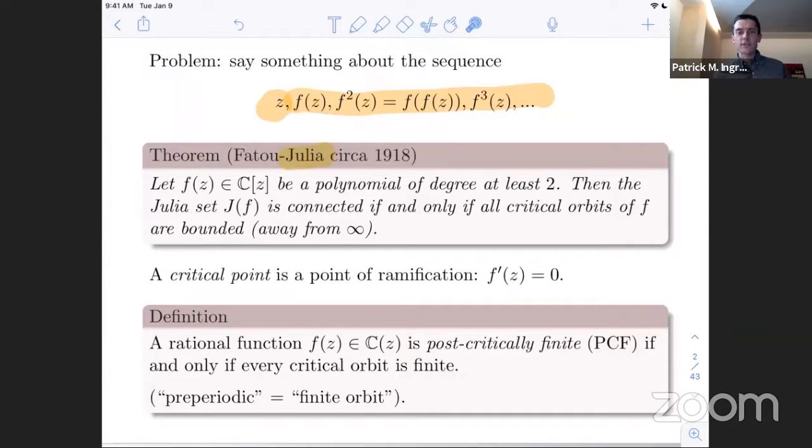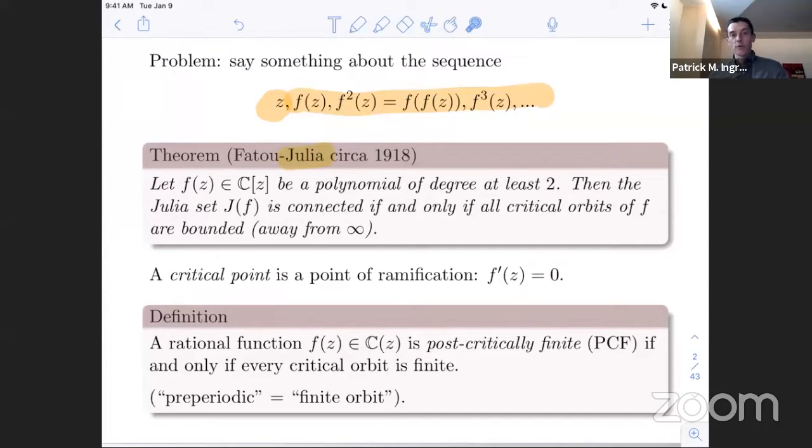But once you define this set, there are a bunch of natural questions you could start asking. Can it ever be empty? Can it ever be the whole plane or Riemann sphere? And quickly you get to the question of, is it connected? Is it disconnected? Sort of these basic topological properties. And the point of this statement is just that the connectedness, this sort of basic topological property of the dynamics of f as a whole, is determined, or maybe more accurately detected, by the orbits of the critical points. So the orbits of the critical points tell you something about the dynamics in general. And that'll be a bit of a theme, I guess, of this talk.